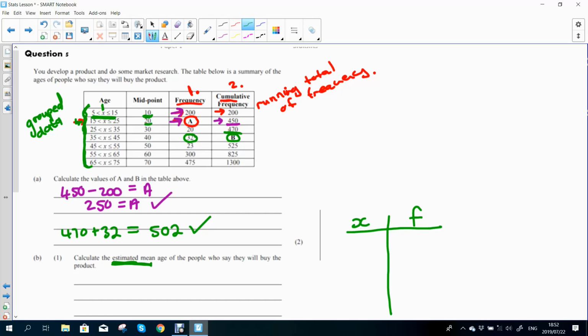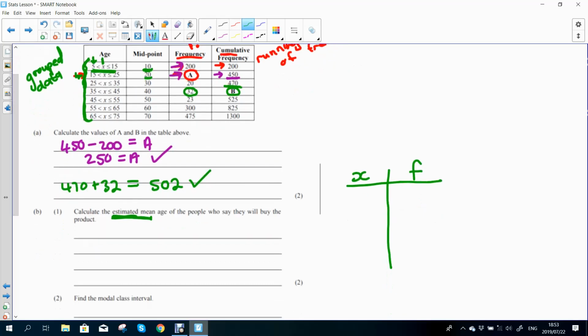So whatever the values are in between, you just take the 2, subtract it, get the difference, divide that by 2, and add it to the first number. Okay, so that's how you get to the midpoint. So what goes into the calculator then is your midpoint of your interval: 10, 20, 30, 40, and so forth. Your frequency still stays the same. So you have 250 there, and you have 20 and 32 and so forth.